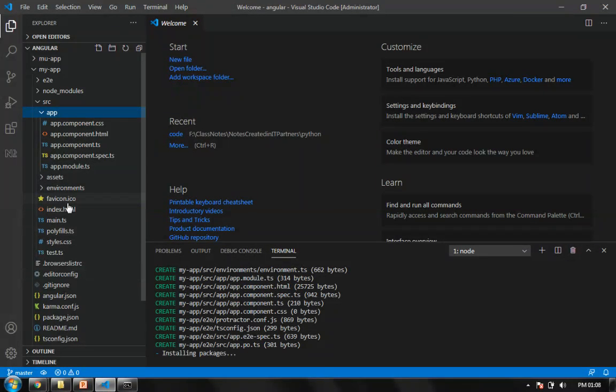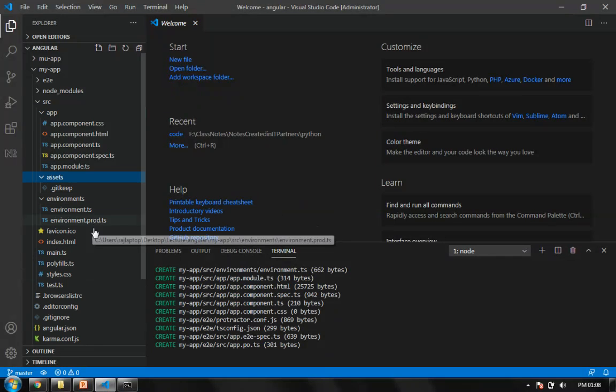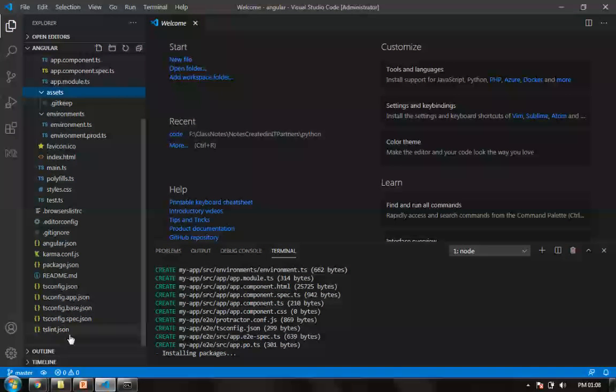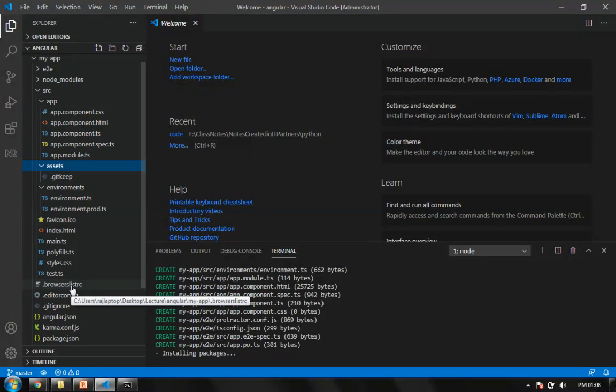Fine. These are some icons here. These are the environment variables where we define environment settings. These are my assets again. And these are some supportive files. Basically, the preferred way of storing your data in Angular is in JSON format. So JSON is a basic requirement here. Okay, fine. That's all. I'll just pause this video because it is going to take 5 more minutes to install, and then we'll continue.